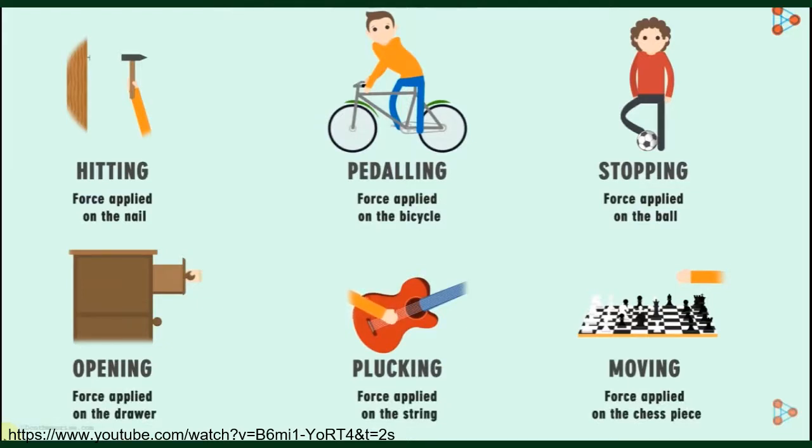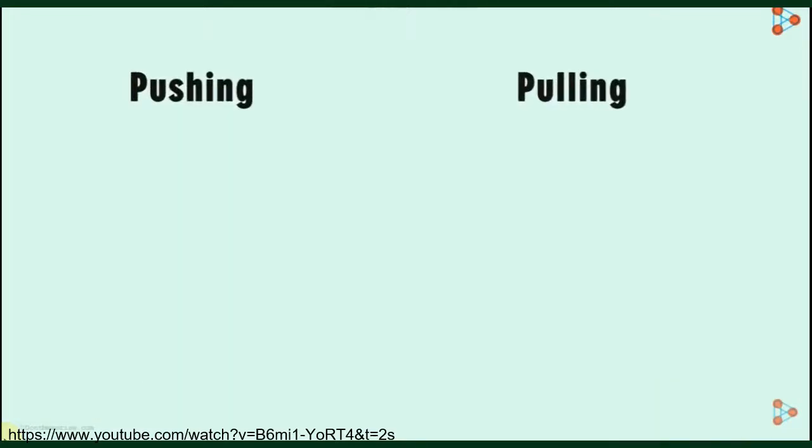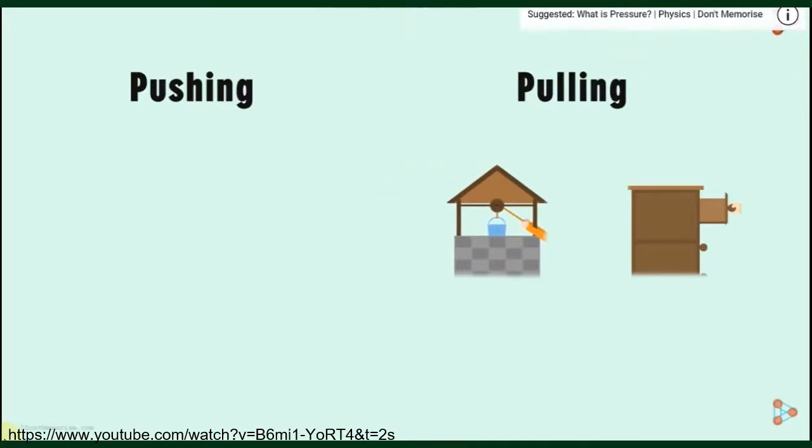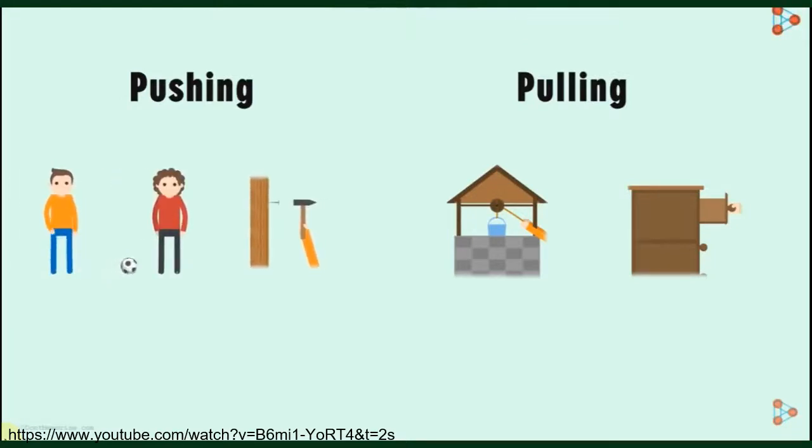But these are just a handful of simply too many actions that we can perform on objects. And it's not possible to write each one of those. But we can categorize all these actions into two basic ones. That is, we can describe all these actions under two actions, namely pushing and pulling. For example, when we open this drawer, we are simply pulling the knob of the drawer to open it. Similarly, when we are drawing or lifting a bucket of water from the well, we are pulling the bucket towards us. What are the actions that can be described under pushing? Actions such as passing the ball, hitting the hammer on the nail, etc. can be thought of as pushing an object.